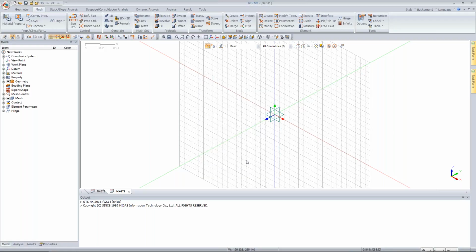Talking about the MIDAS GTS NX interface, the top bar we call the main toolbar, which is divided according to the workflow of any problem. You have to start from the left: geometry, then mesh, and the type of analysis which you want to do, then the analysis case, and finally the results. The left-hand side, which we call the work tree window, is divided into 4 parts: model, analysis, results, and properties. Many times if you happen to close any of these options,